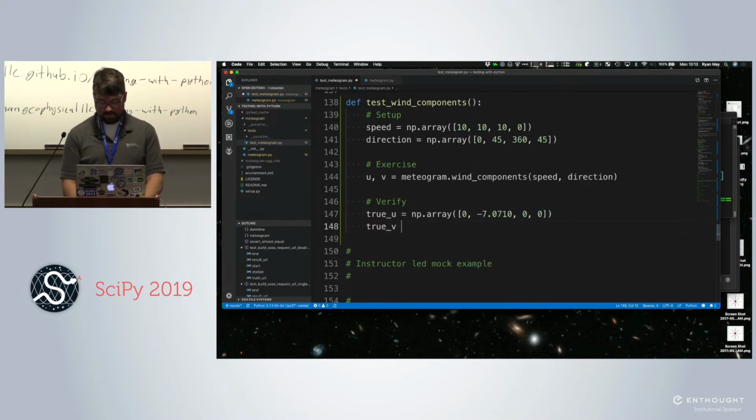True V is an array of minus 10, minus 7.0710, minus 10 and 0. So those are my expected U's and V's for each of those inputs.